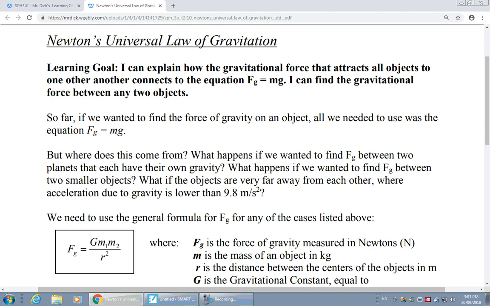These were the kinds of things that Isaac Newton was investigating in more detail. He had already come up with this basic law that here on Earth, our force of gravity is just our mass times a special constant, 9.8. But he was looking for a more general law, because he recognized that we don't just feel gravity here on Earth, but in fact all objects that have mass exert a gravitational force on all other objects that have mass.